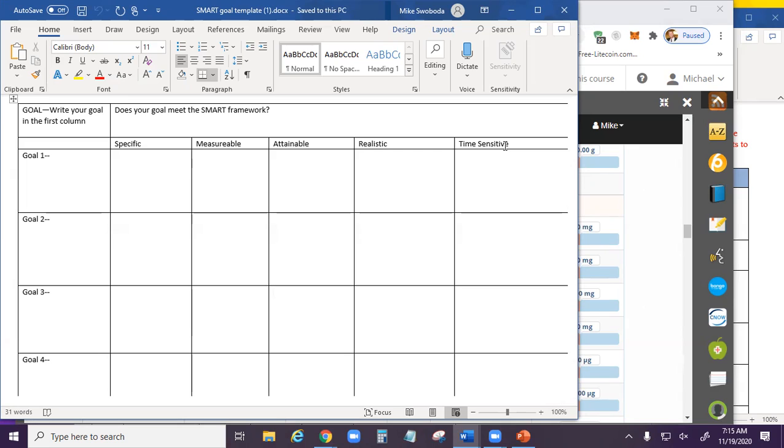Measurable, 1 of them every day. Attainable, yes, I can give myself an orange every day. Realistic, yes, it's realistic to eat a single orange. And time sensitive, 1 week. So there's an example of a SMART goal for you. Any questions on the analysis?